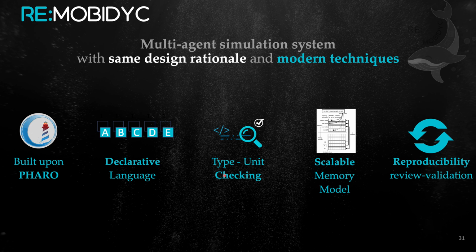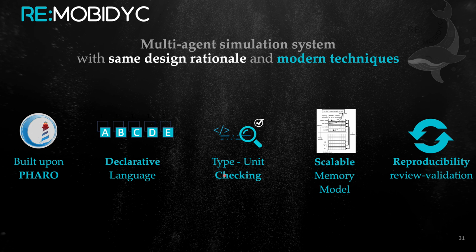And the goal is, again, to have a multi-agent simulation system with the same design rationale, but using modern techniques. So this new Mobidyc, this ReMobidyc, will be built on an open source Smalltalk system called Pharo. It's using a declarative modeling language for biologists with less programming skills. There is type checking with measuring units that is new compared to Mobidyc. There is a scalable memory model, also new, and reproducibility for reviewing and validation is something we focus on,